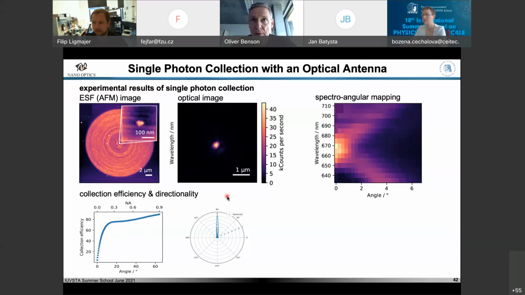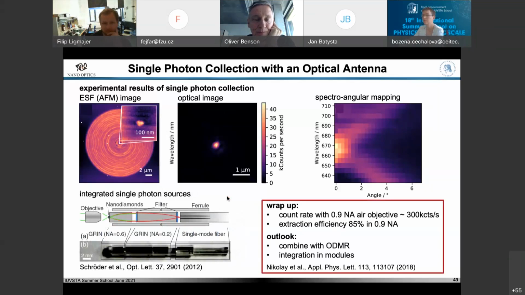And also, I mentioned you have to use quantum memories at some time. They have to wait until the next photon is arriving. And if your photon is coming only every couple of seconds, then you need a fantastic quantum memory that's capable of storing quantum information for seconds. And that's not really feasible. So you need to have high rates of photons.